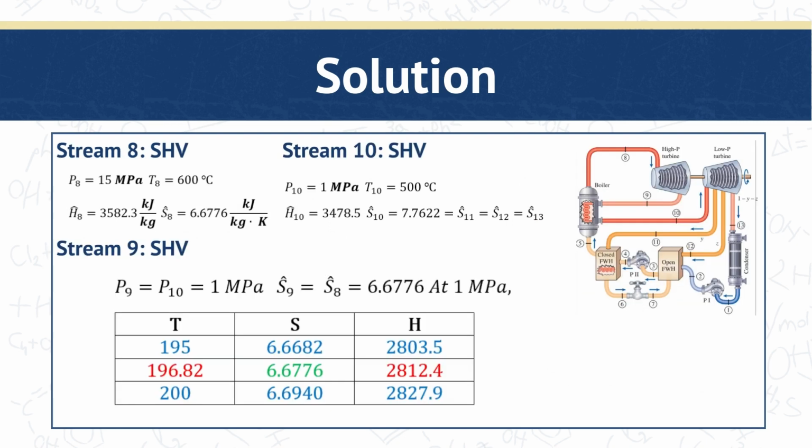So first, we should prioritize the streams that have given pressures and temperatures, especially when they are at one state, like for example, superheated vapors, and more especially if they are saturated liquid or saturated vapors. Usually, we could only calculate the saturated liquid-vapor streams last. So for the properties of stream 8, which is an SHB or superheated vapor, we have obtained these parameters